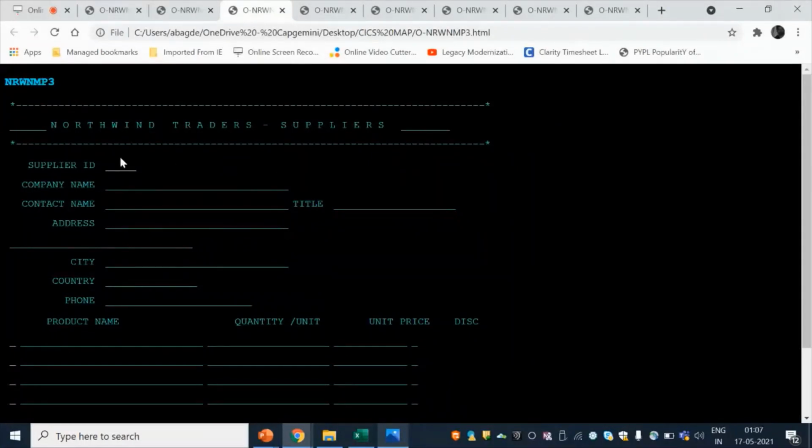I will tell you one more thing. The white color underline is the field that is used for input purposes, where the user can input the data, and the other fields will show the data. So these are the protected fields and this is the non-protected field.